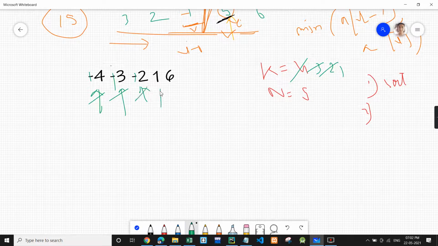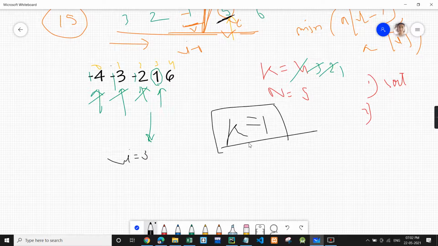Now as soon as we encounter a positive value, we'll come out of the loop. So this is 0, this is 1, this is 2, this is 3 and 4. Our I was at index 3 when we came out of the loop. Now we see that k is an odd number.